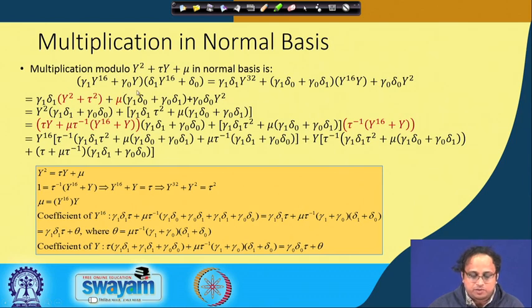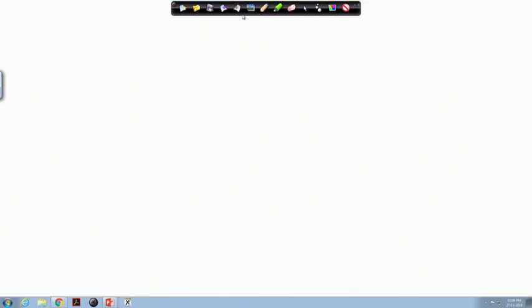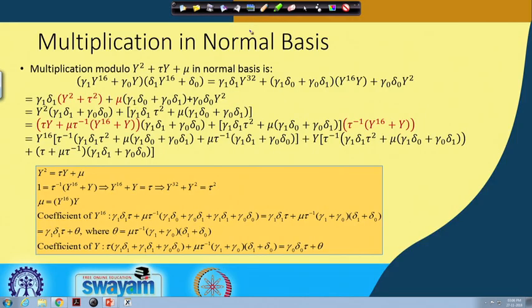Now, if you multiply this with another element, say delta 1 y power of 16 plus delta 0 y, you can easily understand that I will get y power of 32, because y power of 16 and y power of 16 get multiplied. The other terms will be gamma 1 delta 0 plus gamma 0 delta 1 times y power of 16 into y, plus the term gamma 0 delta 0 y squared. I have missed out a y here, so please add a y here. Let me just do the correction here. We should actually add a y here.